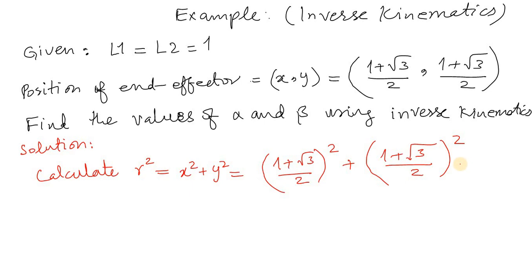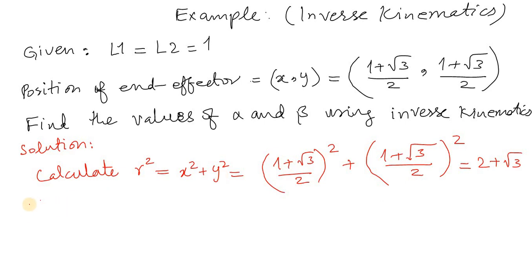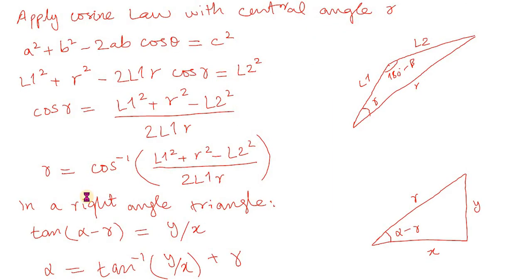So which comes as 2 plus under root 3. So now we have R square, we can calculate the angle beta, and beta is equal to we have the formula for this one, and you see here